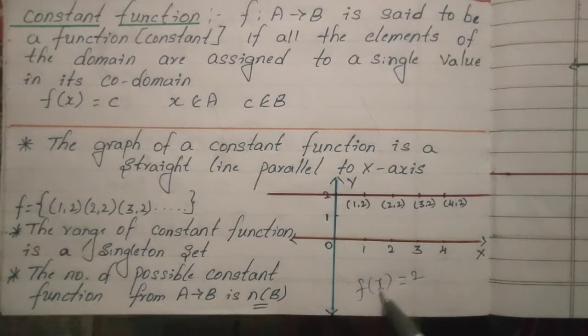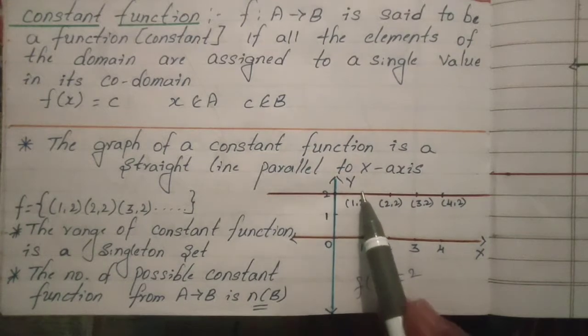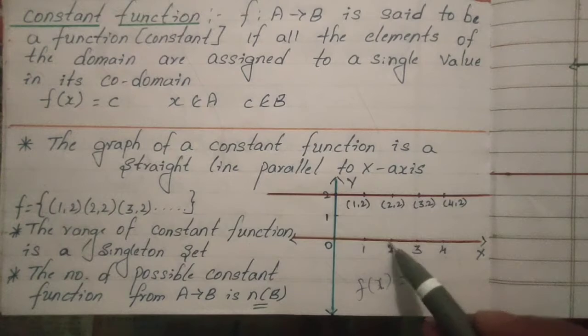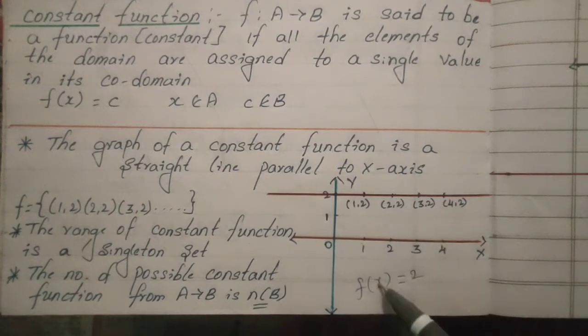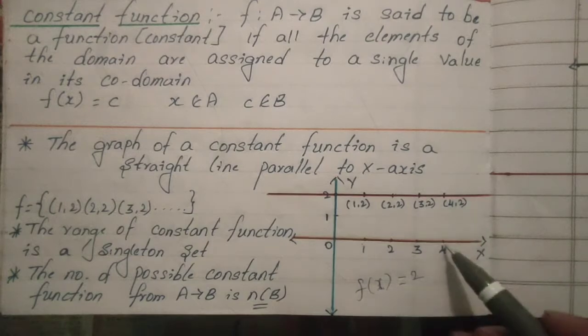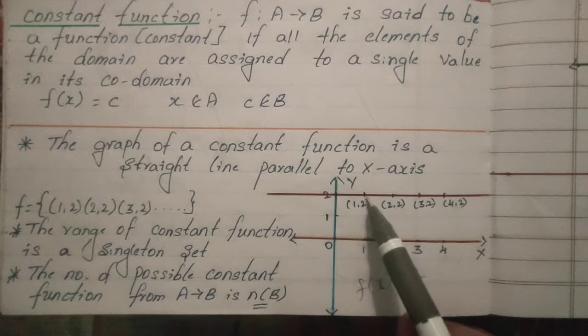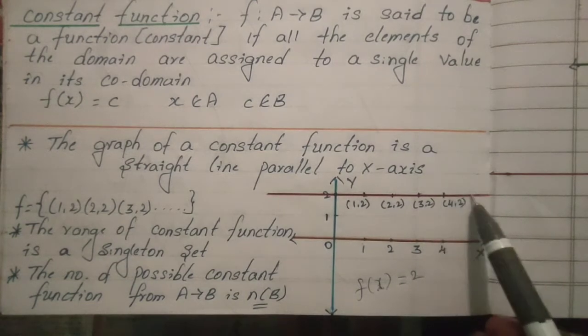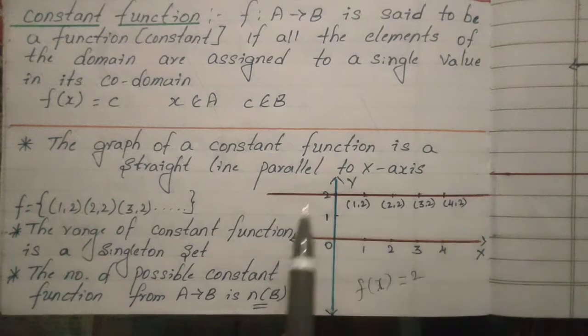Whatever you substitute in the x place, you are getting the answer 2. When you substitute 1, the answer is 2. When you substitute 2, the answer is 2, that is 2 comma 2. When you substitute 3, the value is equal to 2. When you substitute 4, the value is equal to 2. So 1 comma 2, 2 comma 2, 3 comma 2, 4 comma 2, 5 comma 2, 6 comma 2,